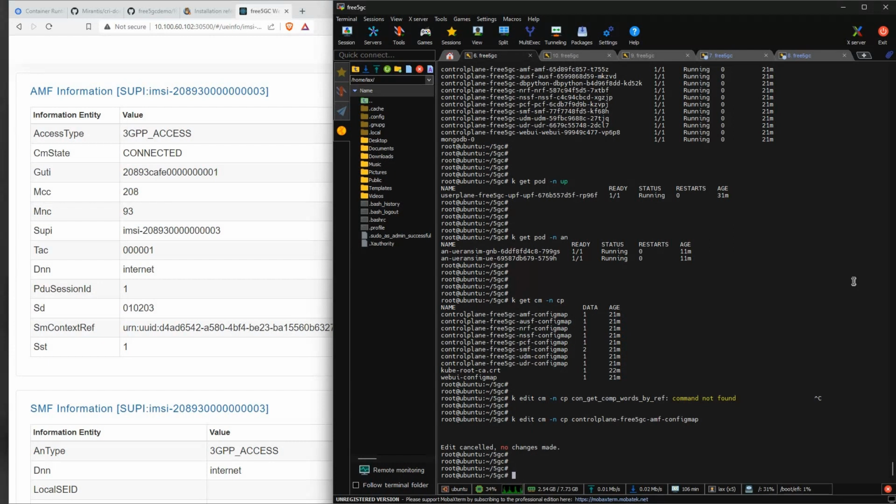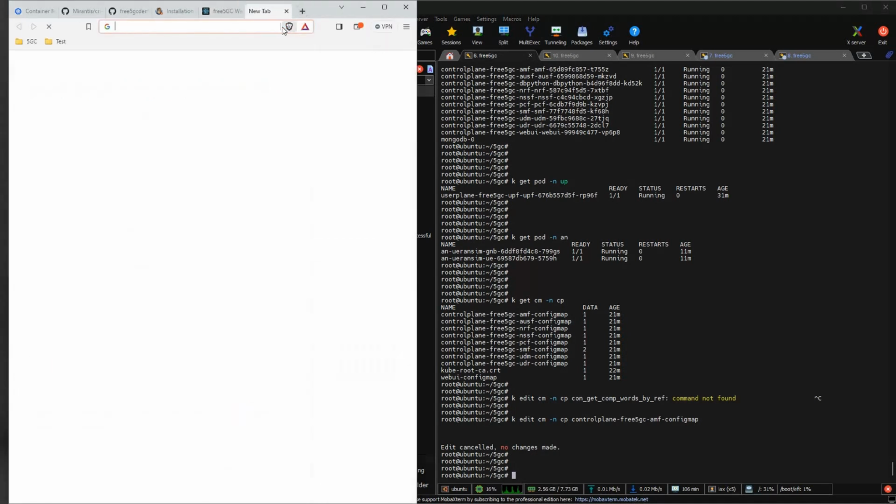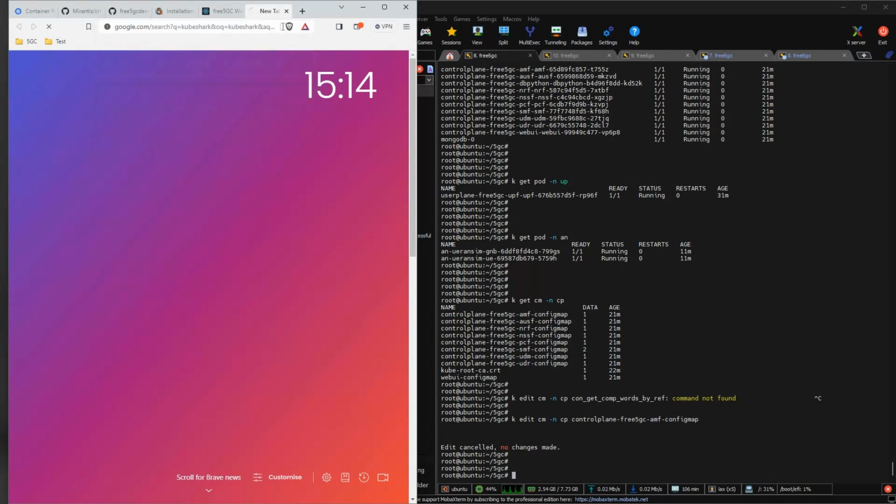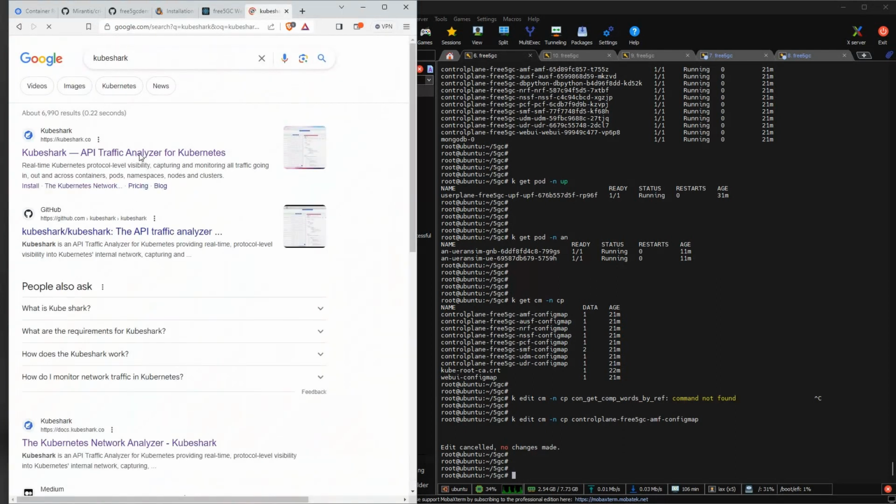Also, if you have to capture the PCAP regularly, I would prefer you to download Kubeshark, which is a very powerful tool to take the captures and to analyze the Kubernetes traffic. But it does come with a lot of